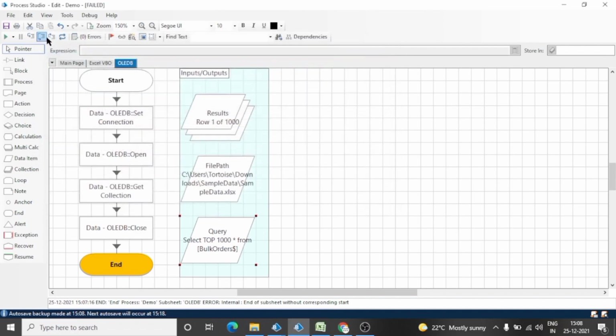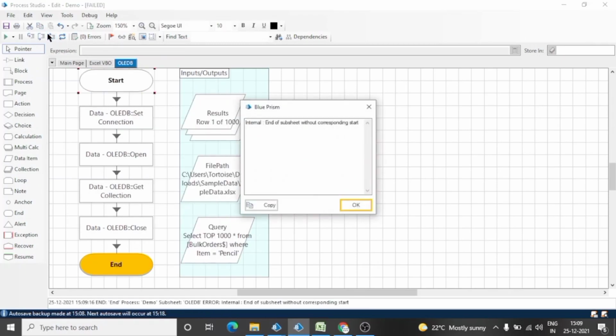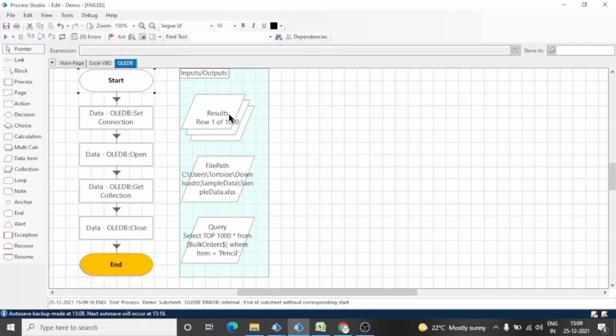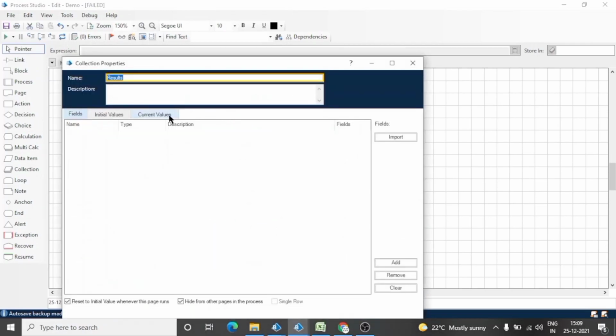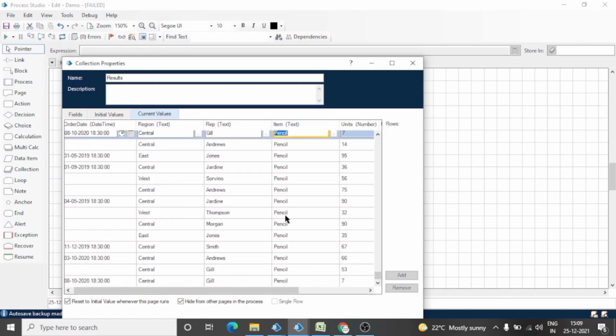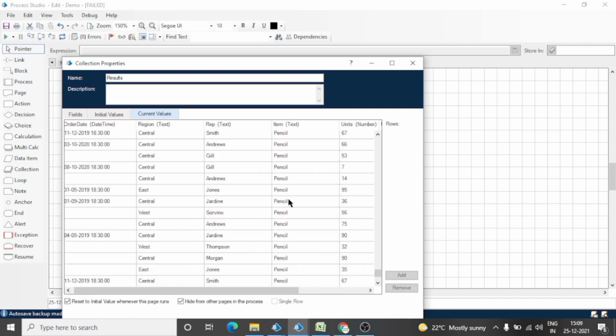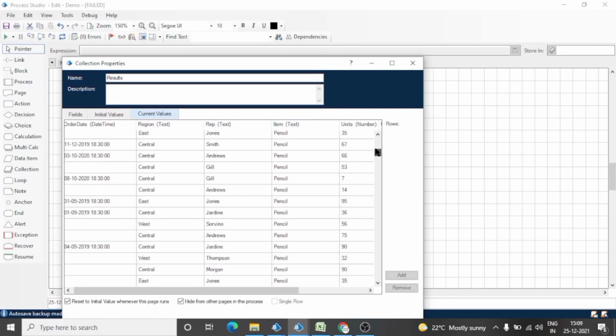Okay, now again reset and run. See, again we got 1,000 rows, but all the rows contain the pencil item. See, all the 1,000 rows.